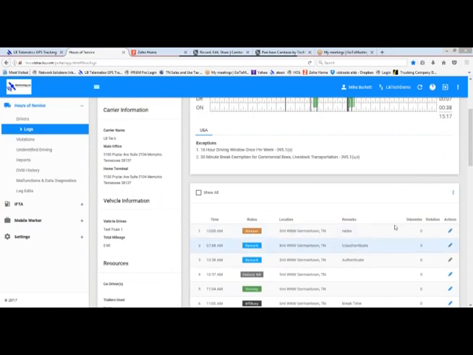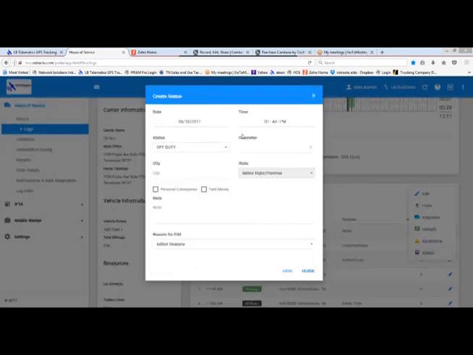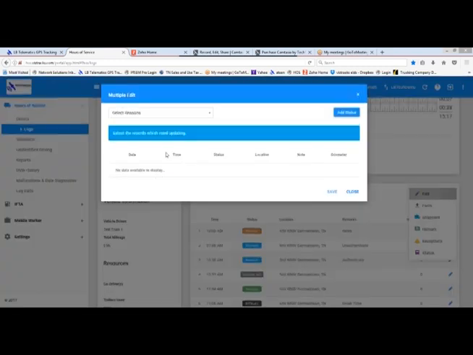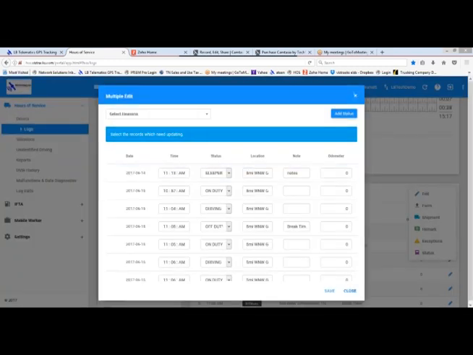Okay, right here, if I wanted to edit a driver's logs through the back office, I could do it right here. I could do it right here with status. I could add, say I wanted to just add a status. I could add a status right here, pick a time, and I could insert that status into this log. I could edit his log. If I wanted to do that here, I could add a status, or I could select a reason for it,